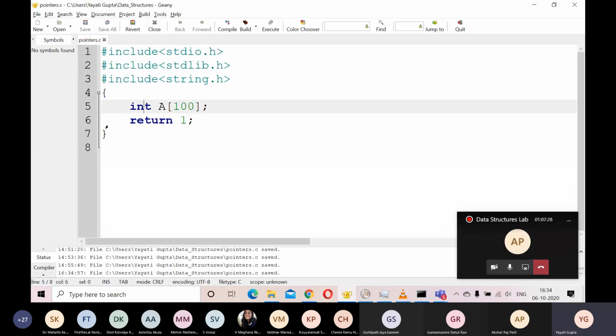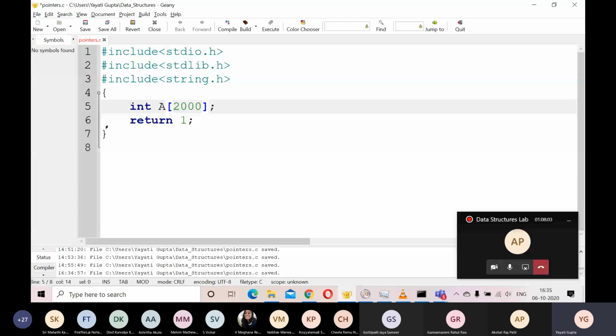Generally, we were declaring our arrays like this, right? So what is the problem with this kind of declaration? Let's say the task at hand is I have an institute which has some 2000 students, and I want to record the marks of all these students. For that purpose, we were using an array, maybe an array of size 2000 here, which can hold entries corresponding to the 2000 students.